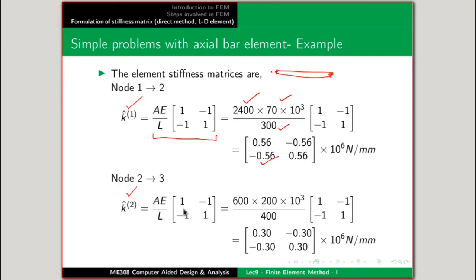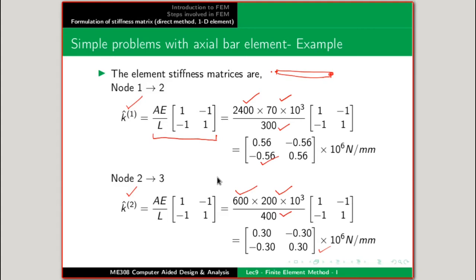Similarly, for the steel portion, we have area 600, then 200 into 10 raised to 3 is the Young's modulus, then 400 is the length of the element. So this will give the element stiffness matrix for the steel bar. Once we obtain the element stiffness matrices, next we have to go for assembling them